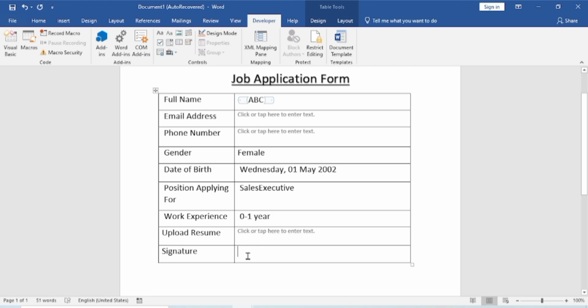Similarly, for signature we will add plain text and add the title as Paste Signature Link. So, people can see the title and insert the link.